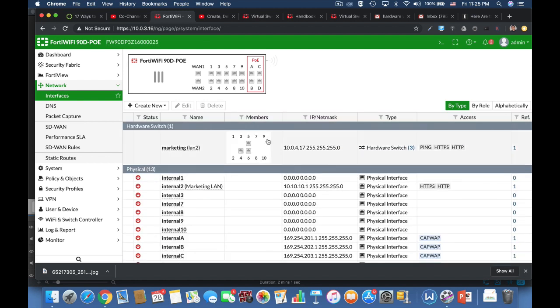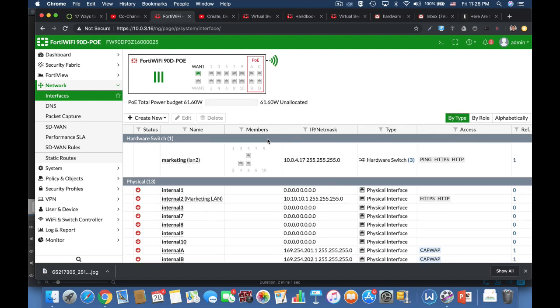We have a hardware virtual switch with its own subnet, with its own DHCP server. Any appliance that will connect to it will get an IP address from its pool, and any traffic that will head up to one of the interfaces that is within the marketing switch will be forwarded using the forwarding